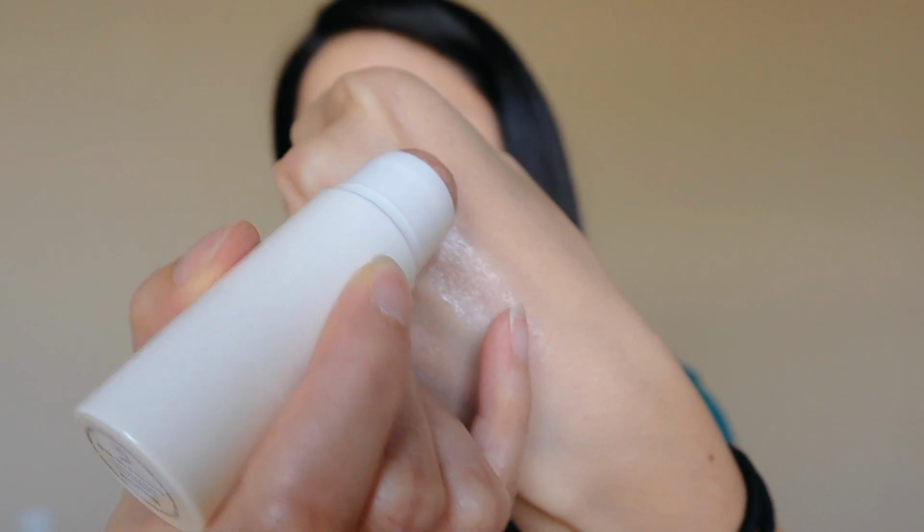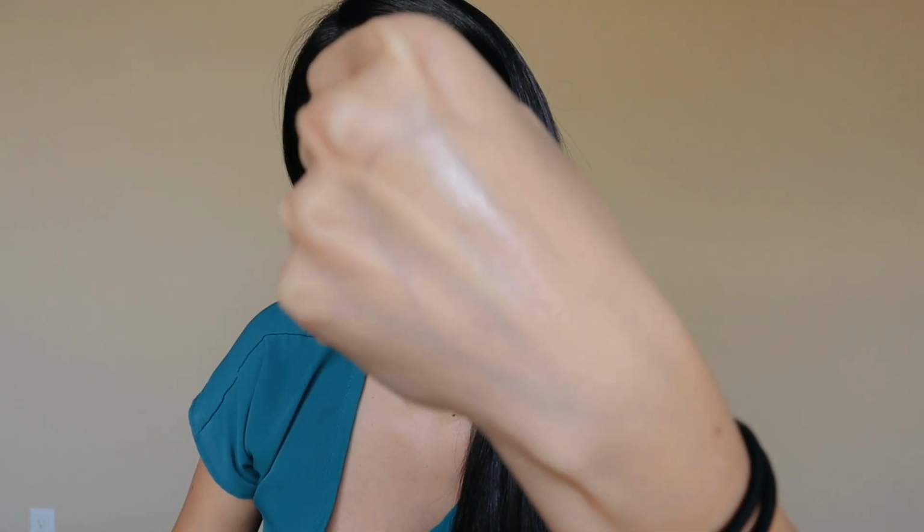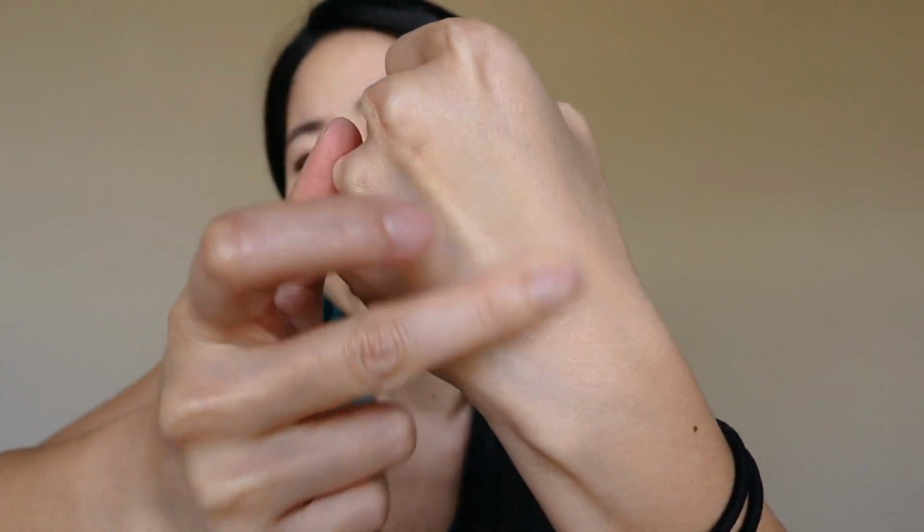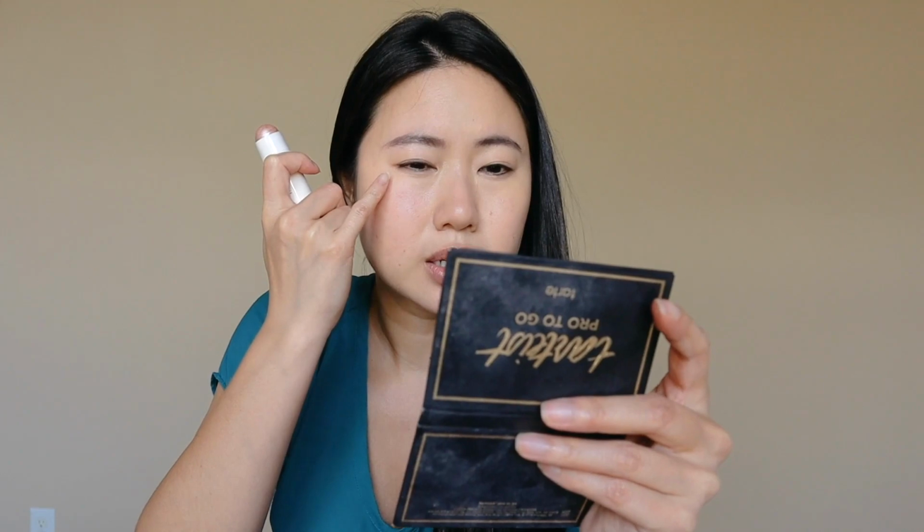This is their highlighter, and she says to apply this pretty much anywhere the sun would hit your face. So it's definitely shiny, it's dewy, but it's not very glittery, which I really like. I think that's very pretty. I'm going to apply this right